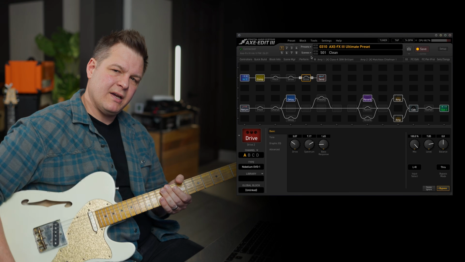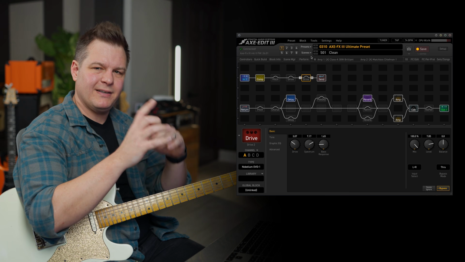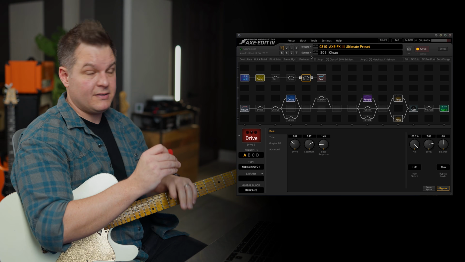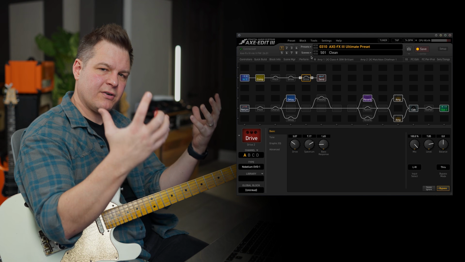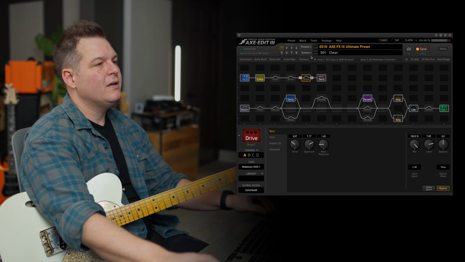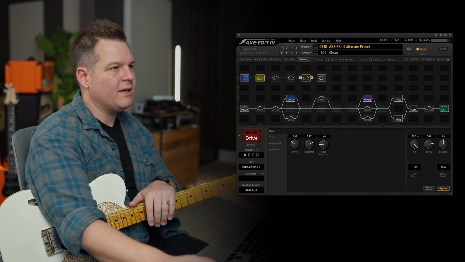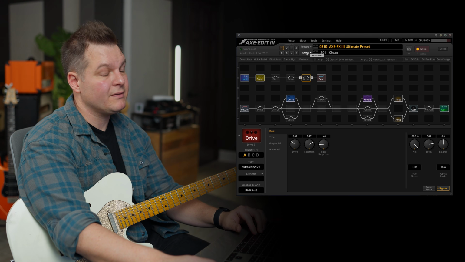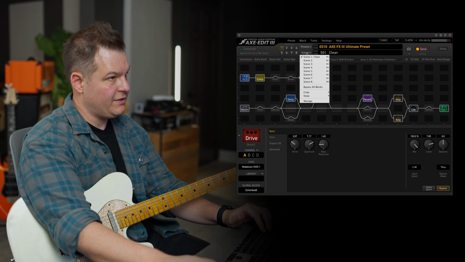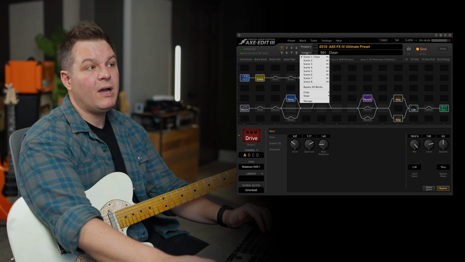Before we move on to setting up the controller and all the switching and everything like that, let's talk about scenes. So scenes are groupings of effects that turn on and off at the same time. If you're familiar with snapshots in Helix, it's the same thing. Scenes predate snapshots by many, many years and generations of hardware. So right now what we have